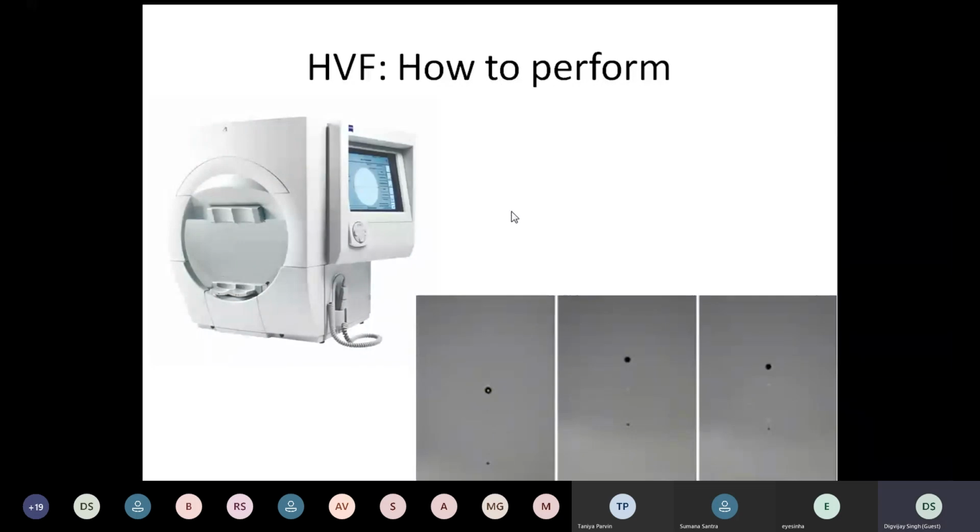So the Humphrey visual field, how would you perform it? You have this LCD screen here where you choose the program, generally a 30-2, for example, for the 30-degree field, a 10-2 for the 10-degree field. And I won't go too much into detail of that because that's more of a glaucoma perspective. And then you have this dome where the patient keeps their head, one of the eyes is closed, and they look at a fixation target which looks like this on the bottom right of the screen.